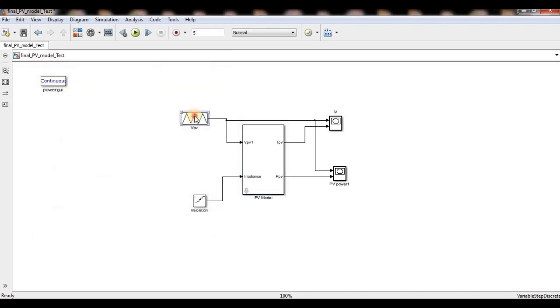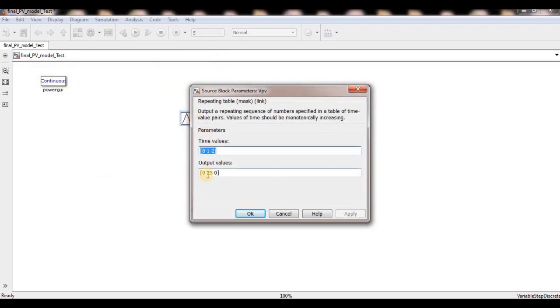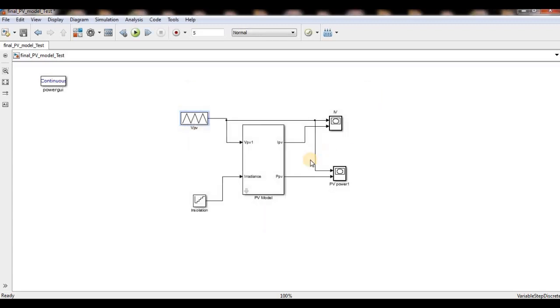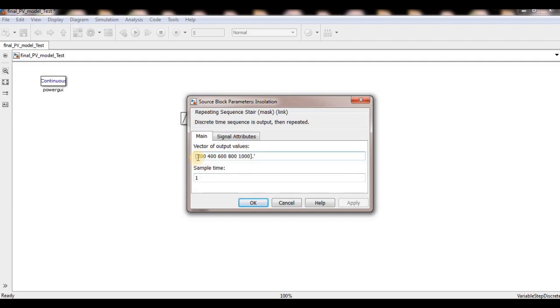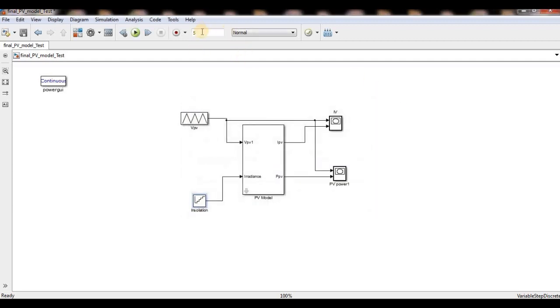So my VPV should vary from 0 to 22.2, but for clear visibility of the PV curves, I took some more value compared to 22.2, because the x-axis should have some more range. And this is the irradiance. Sometimes it is 200, sometimes 400, 600, 800, 1000 with sample time 1, and I am running it for 5 seconds.